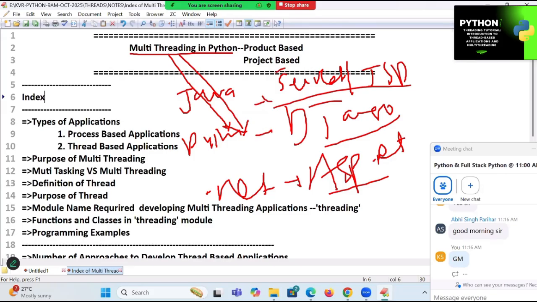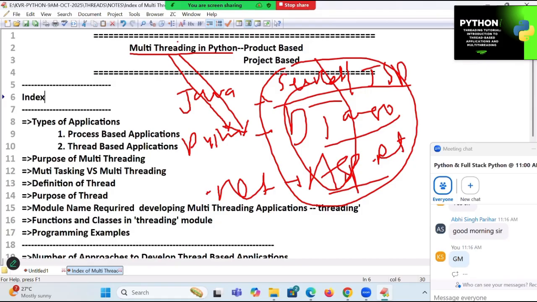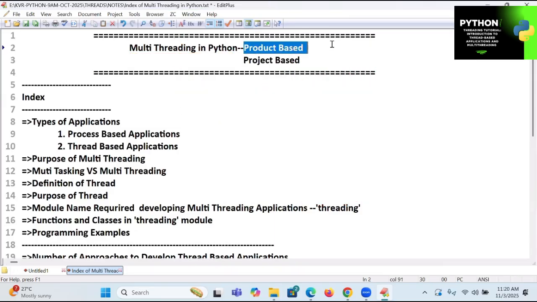These are the technologies you need to learn. But when you go to product-based companies, the big top-level companies will ask you about multi-threading. In project-based companies, that will not take place.